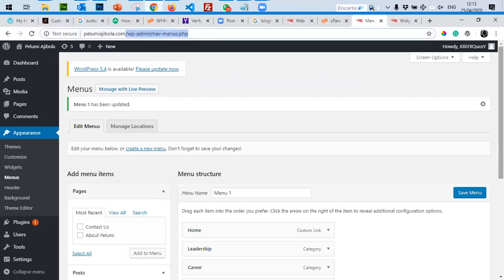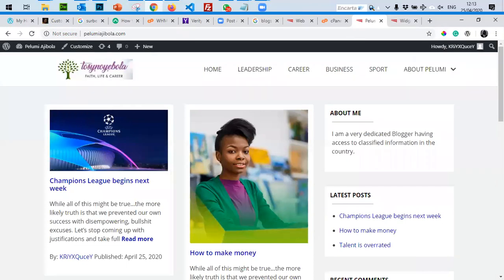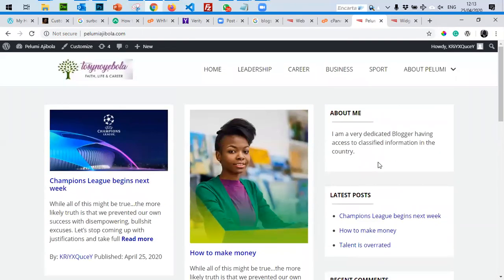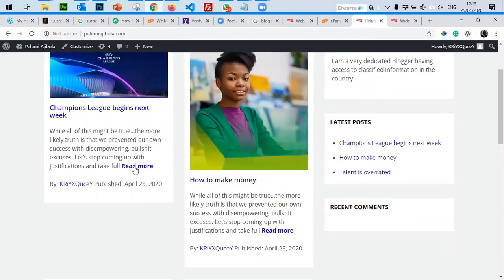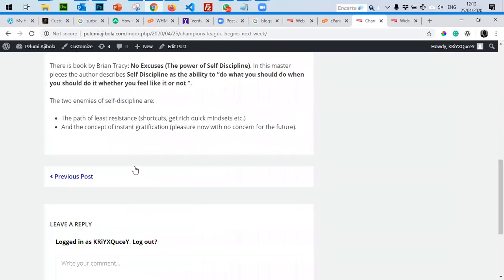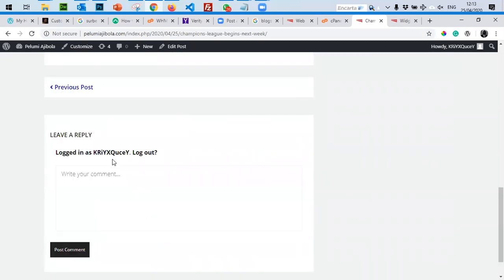So if I go back to visit melumiajibola.com, you can now see that the website is not as blank as it was because those widgets have appeared here. People come, read more about your website, about your write-up. They scroll down, read, they are very excited and they want to leave a comment.